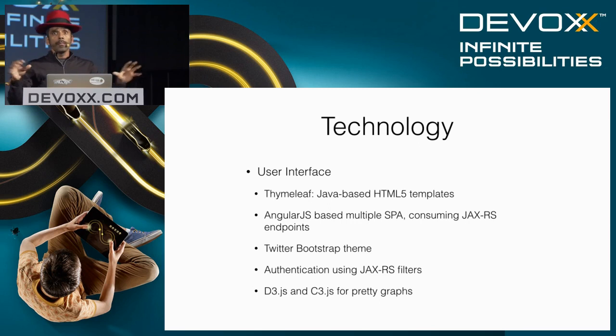For theming, Bootstrap was used, and if given time, I'll actually go to the website and show you. But you kind of saw a preview of what the website looks like anyway. Authentication was done using JAX-RS filters. So for example, you have a REST endpoint sitting over there. If you log in, remember we talked about the login only using social brokering. So you could say Twitter, Facebook, Google. Once you log in, there was a JAX-RS filter. A JAX-RS filter is a new concept introduced in JAX-RS, where you could say,